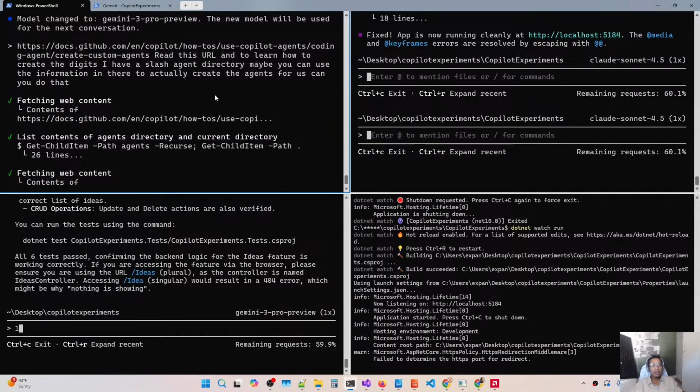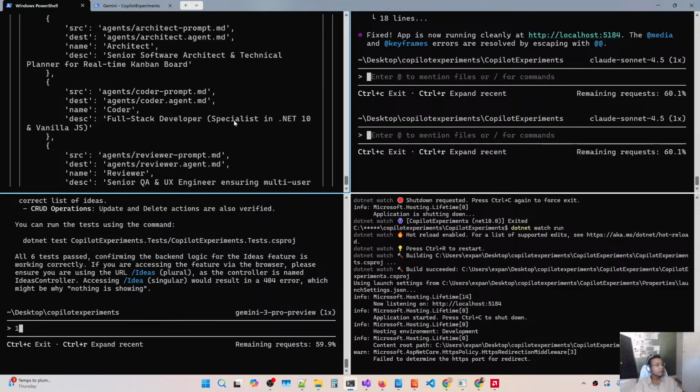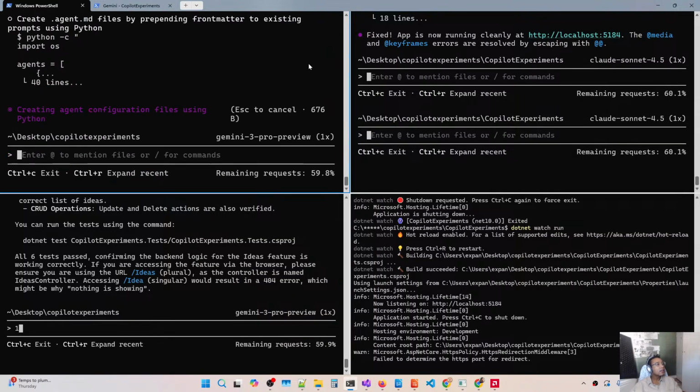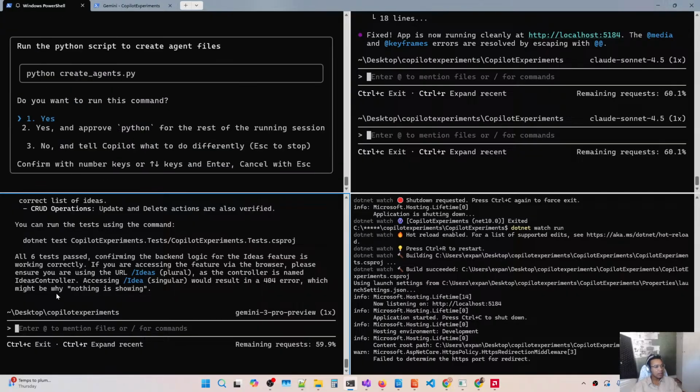I find it interesting that Copilot is using Python to write things, and it's just going from here to here. So let it do its thing. All right. Now let's expand upon the idea of